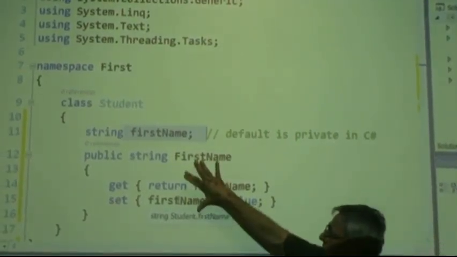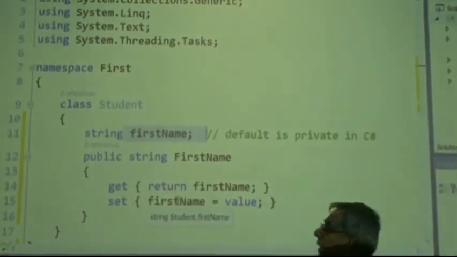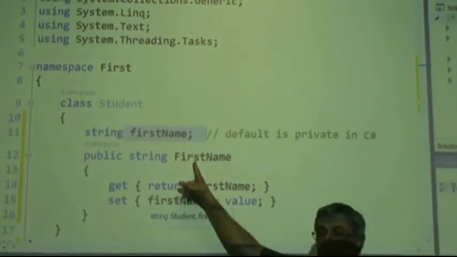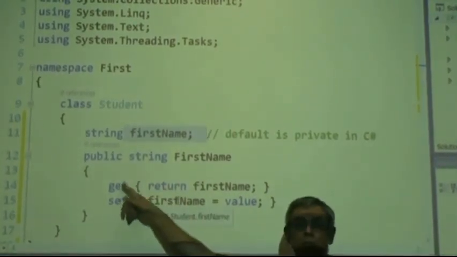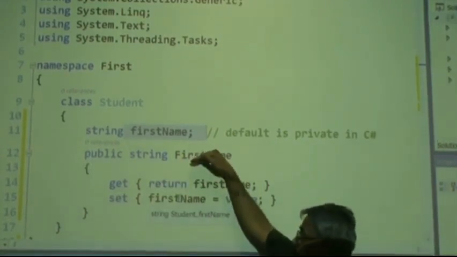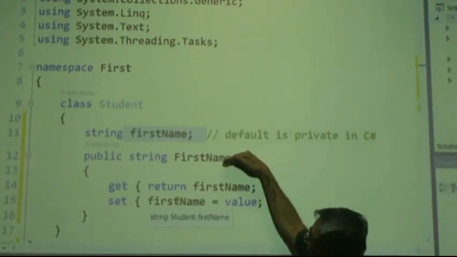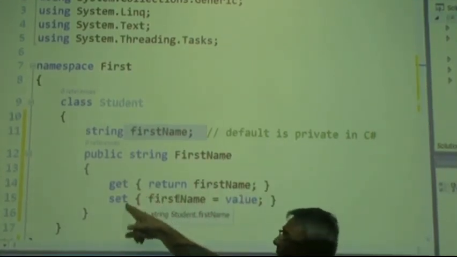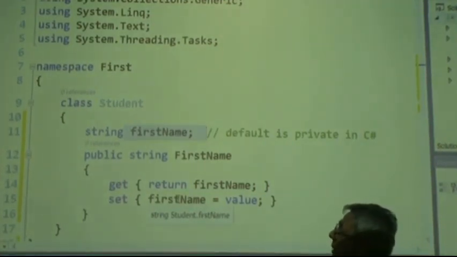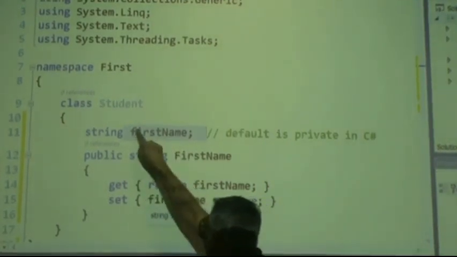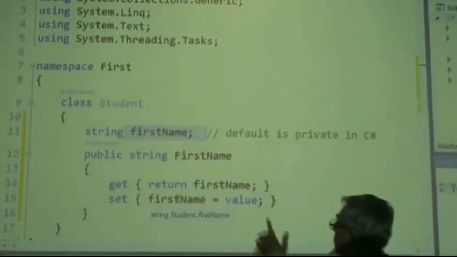So what are these things over here? This is a function, this is a function. And what is this over here? A property, but it's simply a wrapper for these two. It's not a physical entity. When we trigger this, all it does is redirect either to the get part or the set part. That's all it does. But as far as the computer's memory is concerned, only this is the real memory where data will be stored. So that's why once we say